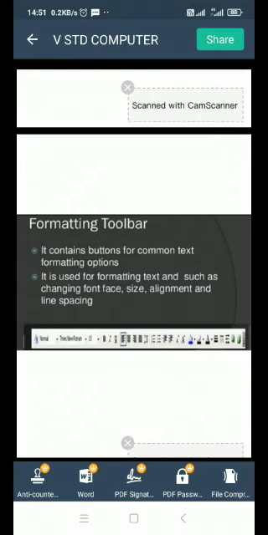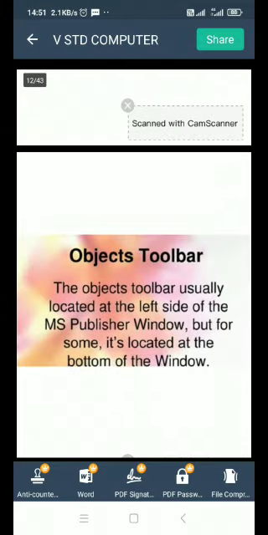And next I tell you formatting toolbar. It contains buttons for common text formatting options. It is used for formatting text, such as changing font face, size, alignment and line spacing. Next, object toolbar.